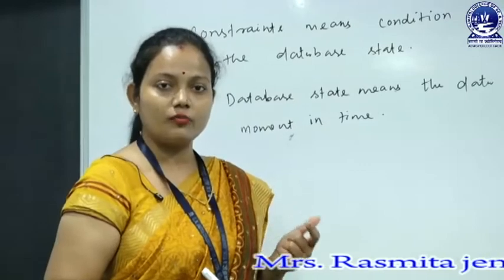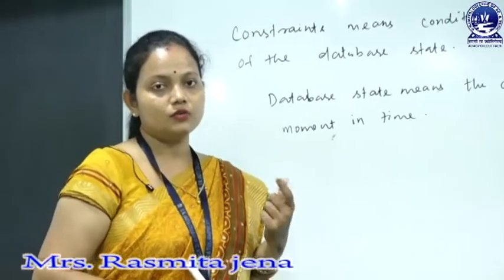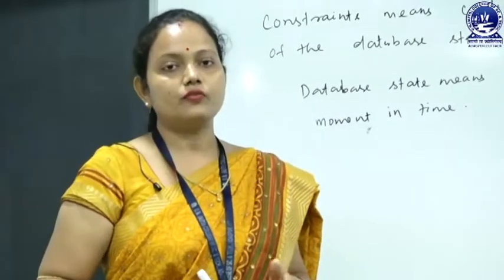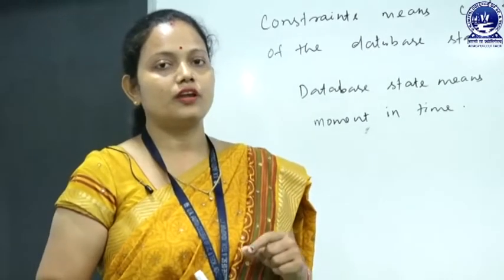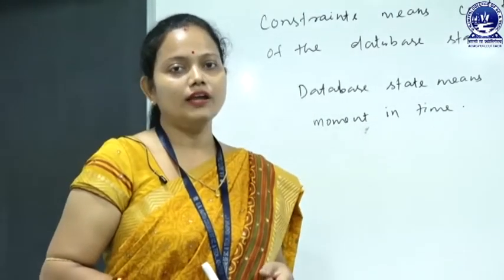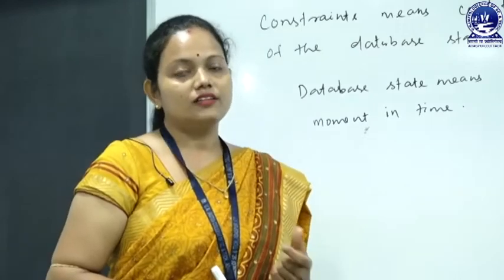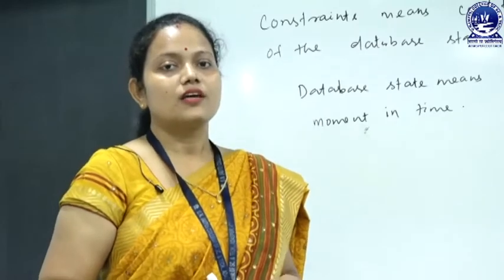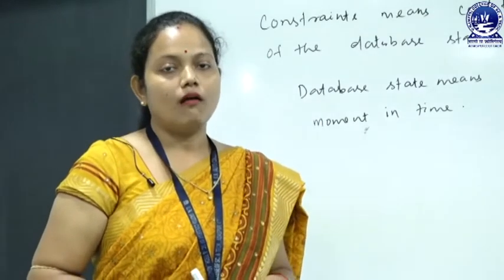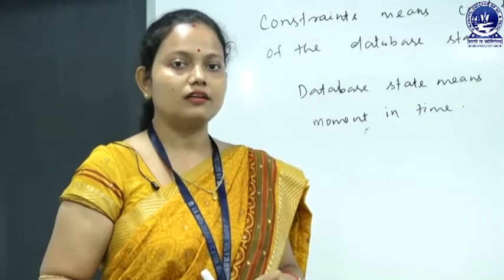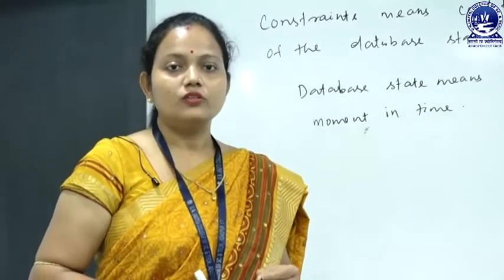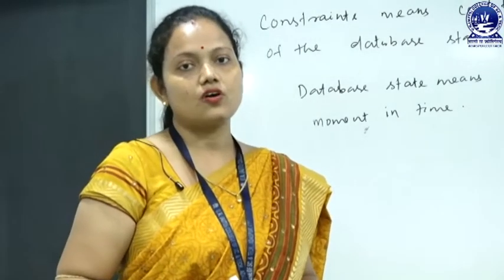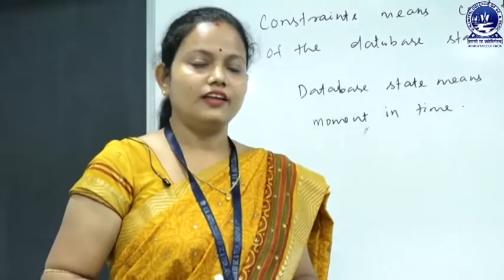That means at a particular moment the relations containing those data are known as the database state, and based on the database state we can define a valid state of a database and an invalid state of a database. As we know, the relation has some constraints, and those relations that obey all the integrity constraints are called valid states, and those relations not satisfying the integrity constraints of the relational model are called invalid states.